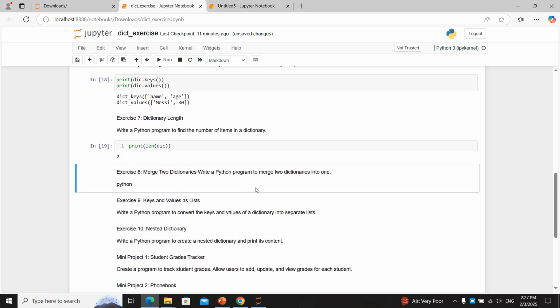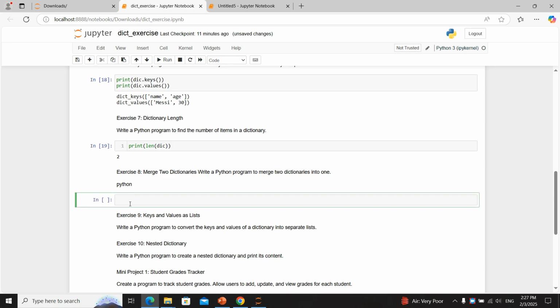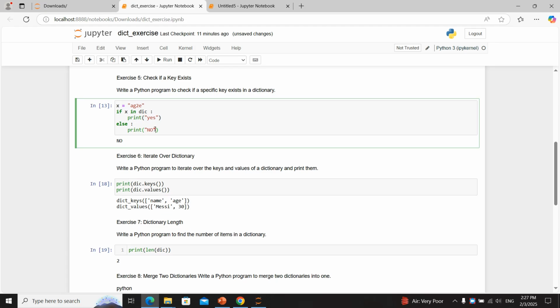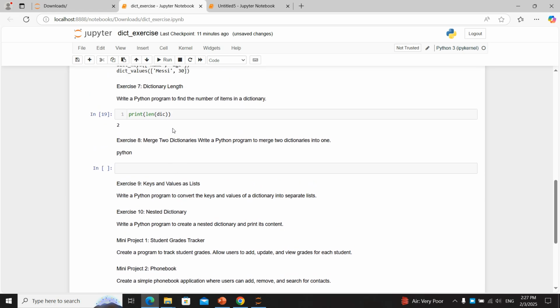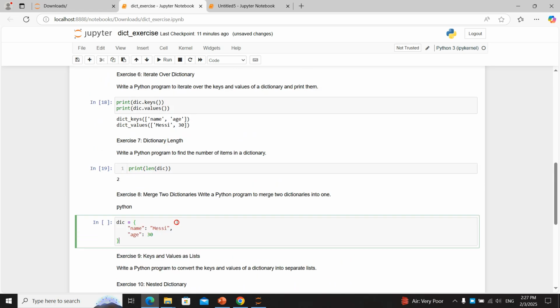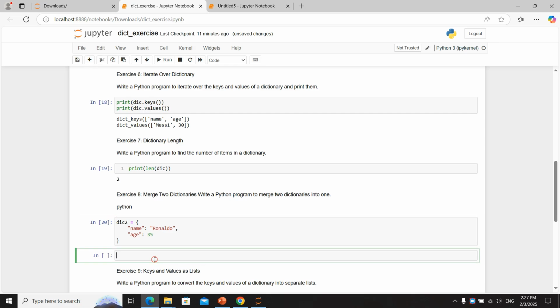Merge two dictionaries. Write a Python program to merge two dictionaries into one. Okay, how do we merge them? It's easy. Let's create another dictionary like the one we have up here, and we call it dic1, name for example Ronaldo. I know it's maybe not right, but it's okay, and we need to merge them. How do we call it? Merge, and it's equal to